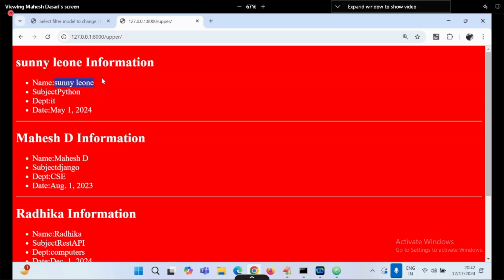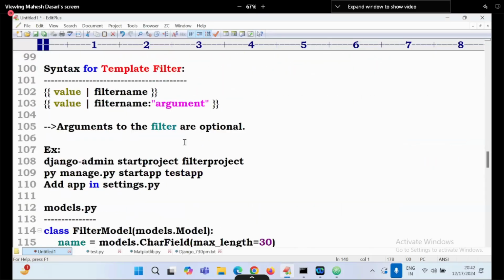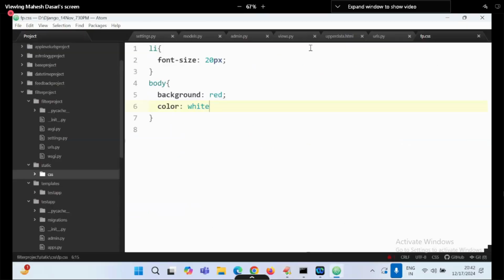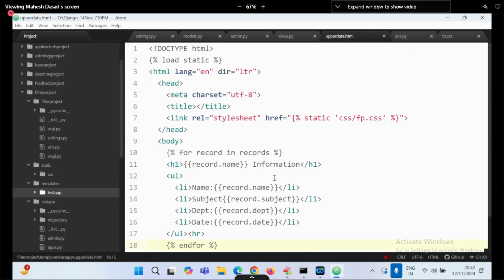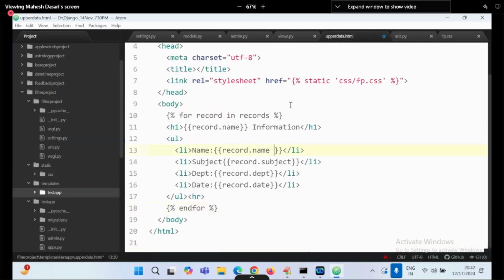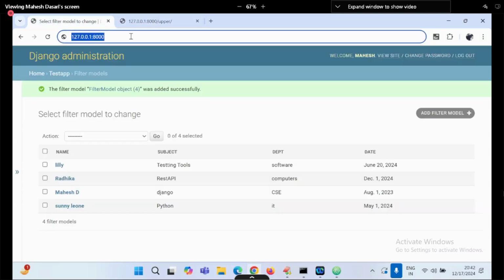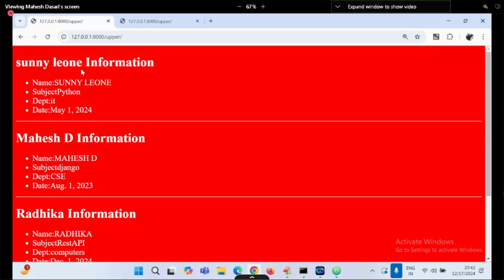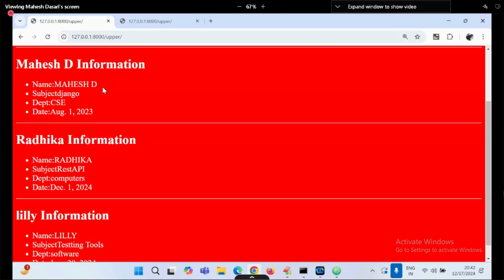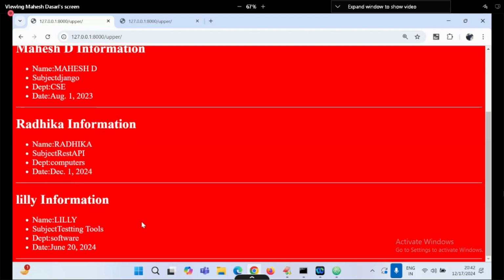How to display this with filters? The syntax is value pipe symbol filter name. I want to display names all in upper case. So record dot name, pipe symbol. What is the function? upper. Then check the difference between the previous key and now. Previously names were printed as they are, now Sunny Leone all uppercase, Mahesh all uppercase, Radhika, Lily, upper